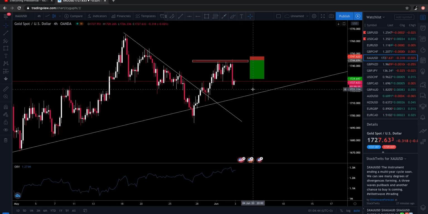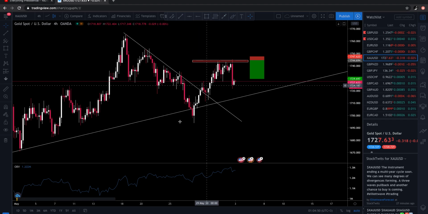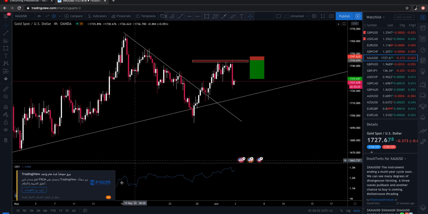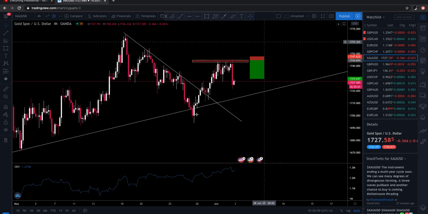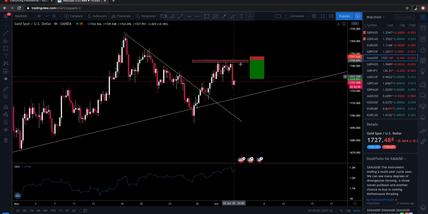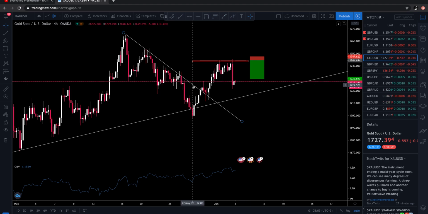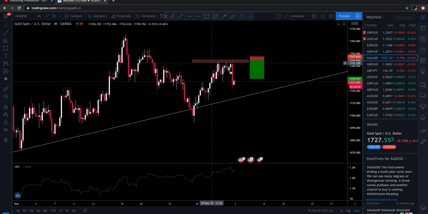Now there was a fake breakout, and as soon as I saw this bullish candle, this white candle, climb back into the trend line area and then have a retest here, I knew that the market was going to go up from this point on. So I called this out as well. But I didn't take a trade on gold up until this point today.